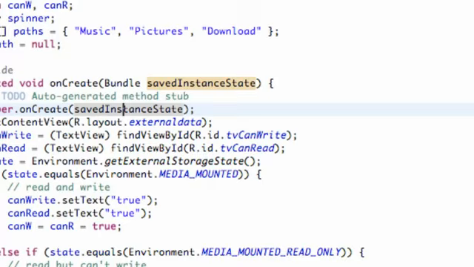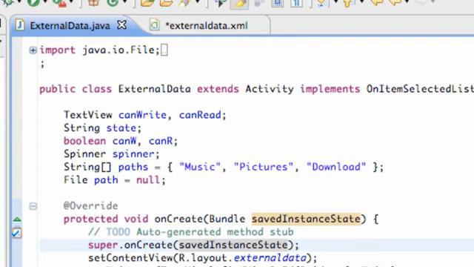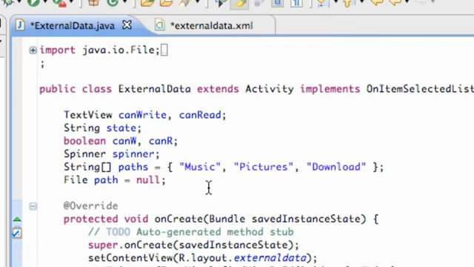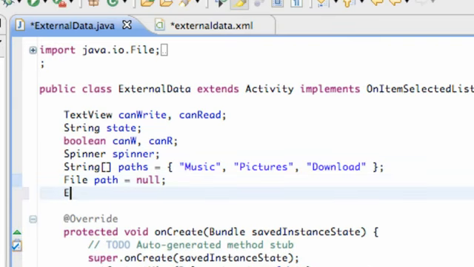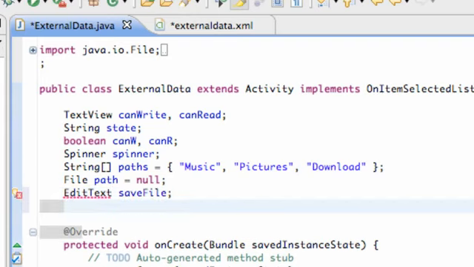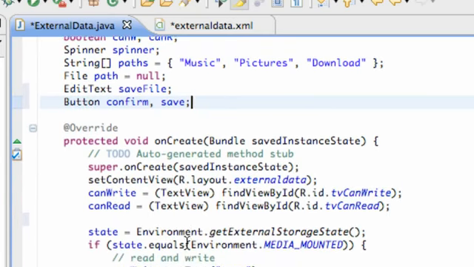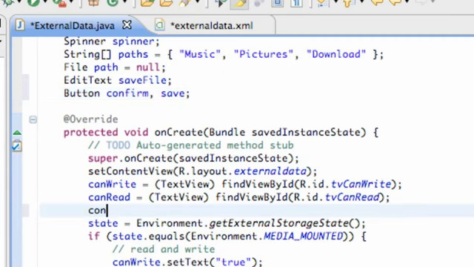So now let's go over to our external data Java file and set up some of those references. Let's make everything accessible here for the whole class: our edit text, which we're going to call save file, and 2 buttons, confirm and save. Just import both of those, and let's set up our references now. Our confirm